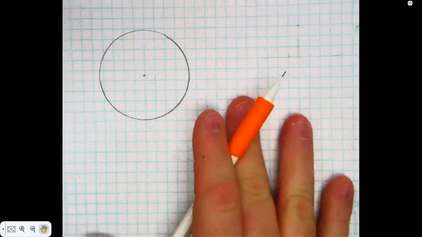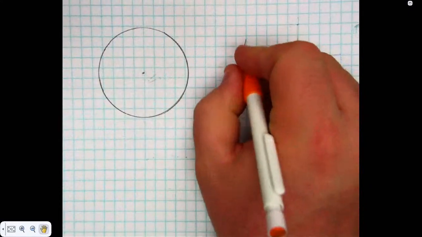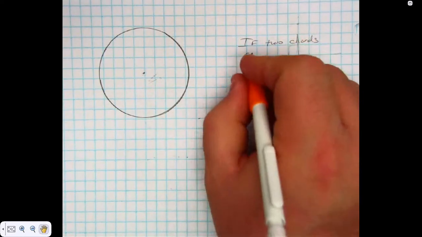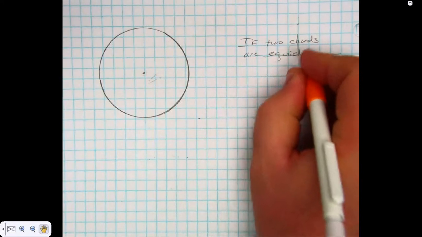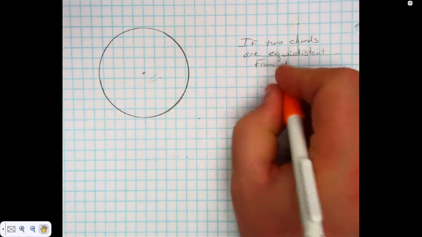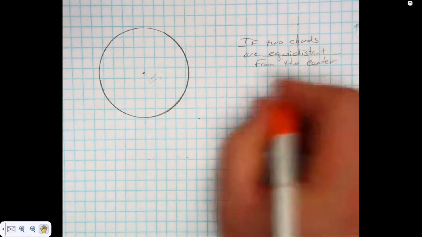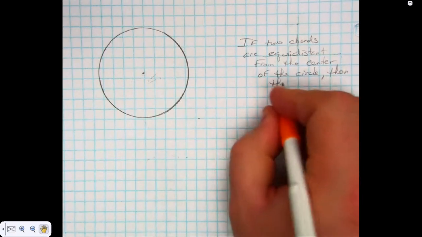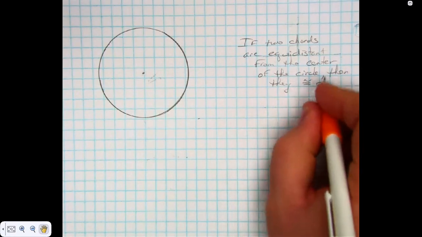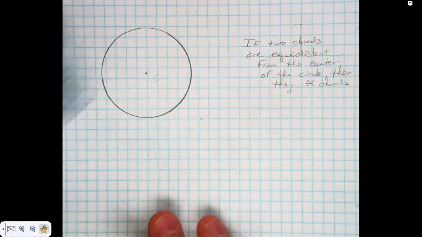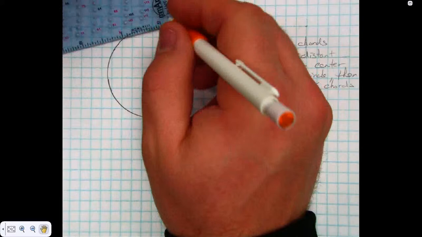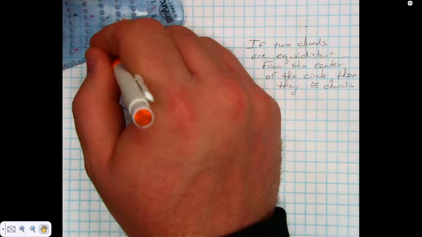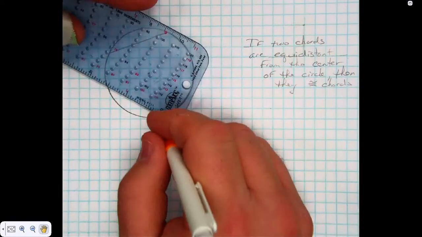So, you've got a circle. If two chords are equidistant from the center of the circle, then they are congruent chords. No matter how I draw these two, if I draw two congruent chords,